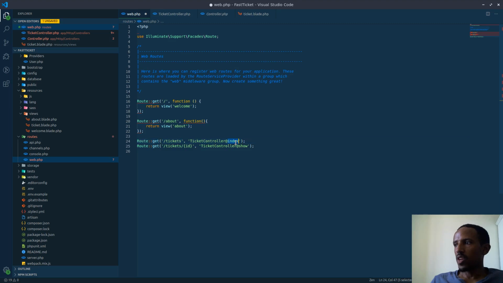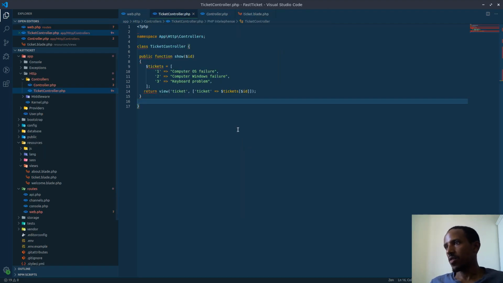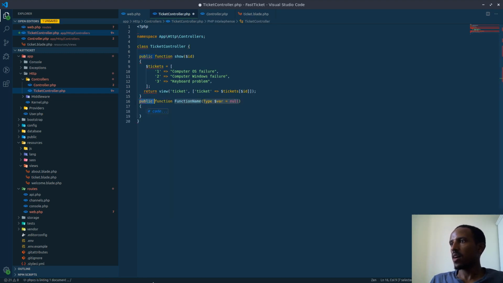This is just a convention in Laravel, and it's a good way of organizing yourself. Laravel has a lot of conventions, and the more we follow them, the better. So I'll have another function, index, and it doesn't accept any parameters since it's going to display all the tickets which we have here. So I'll copy this again,